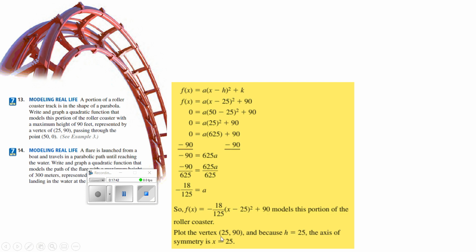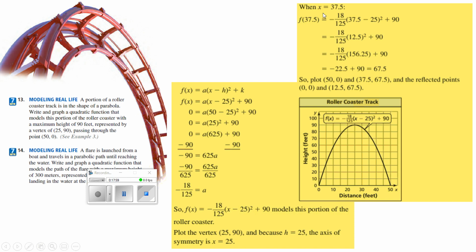So you can plot the vertex at 25 and 90, and because h is 25, the axis of symmetry is going to be 25. Okay? Next, we're going to find a number in between. This was in between here, right? 25 and 50, and they picked 37.5. So they picked the number right in between. So when they take that number and subtract it from 25, and remember, this is just claiming what x is, right? 37.5